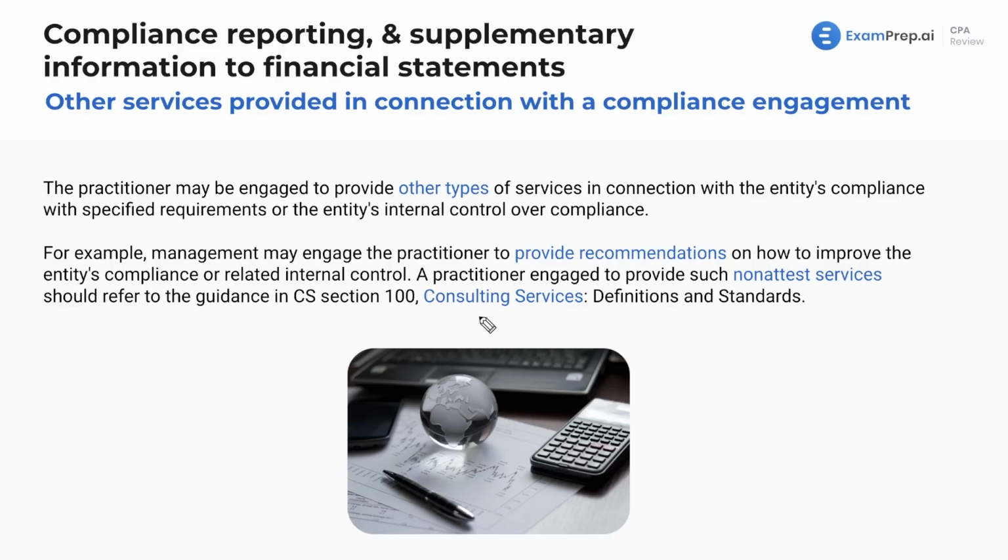Similarly, if you're doing an audit, you can obviously audit the financial statements as well as consult the client. Now, there are obviously a lot of restrictions on that. We cover those in our ethics related lessons, but part of an audit, and part of any engagement, is to give recommendations to the client using your CPA, AICPA practitioner expertise to assist the client in bettering their financials and bettering their business processes. So that's okay.